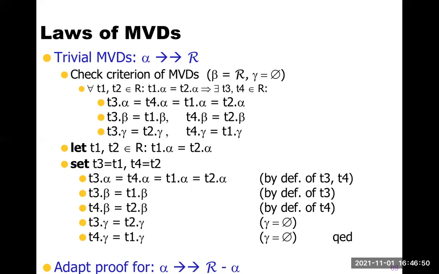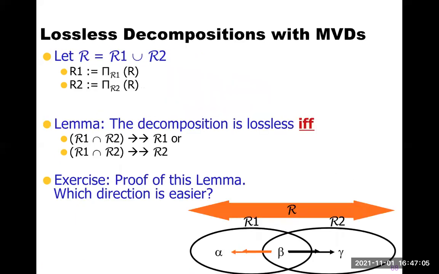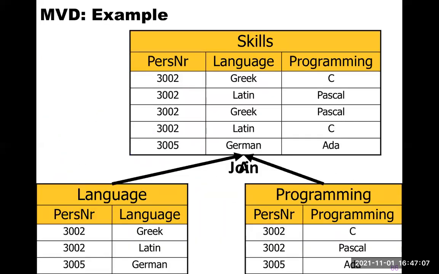So for every table, if I get some column and say that everything else multi-value depends on me, everything else, I have no just combinations. To have multi-value dependencies, I need to have 2 columns, and